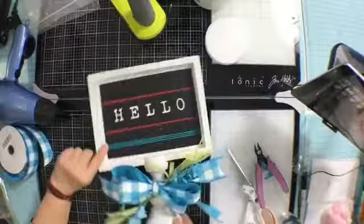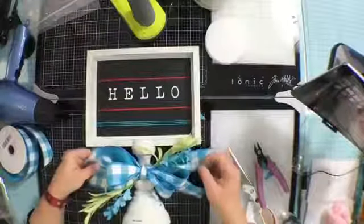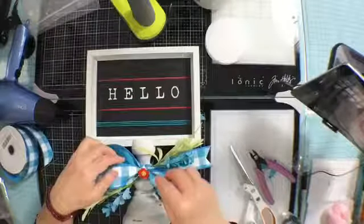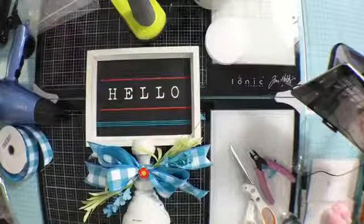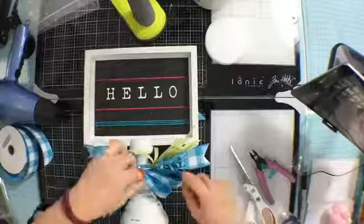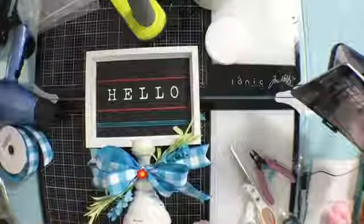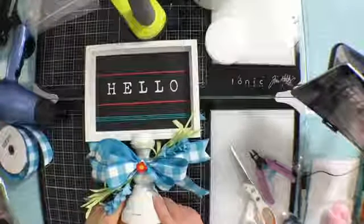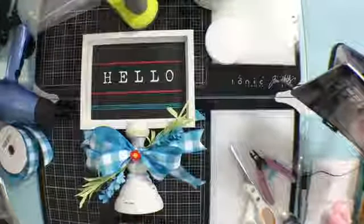So let's see if we can... Now, if we like that, I can glue that in there. I don't know if everybody can see it. Tell me what they think. And maybe this will look corny, but I just thought it would bring out the little bit of red, and I could glue that right in the center to bring out my red. So, what does everybody think? Before I glue anything, I'll see what everybody thinks. Nancy says she loves it, but that was before I put everything on there too, so...